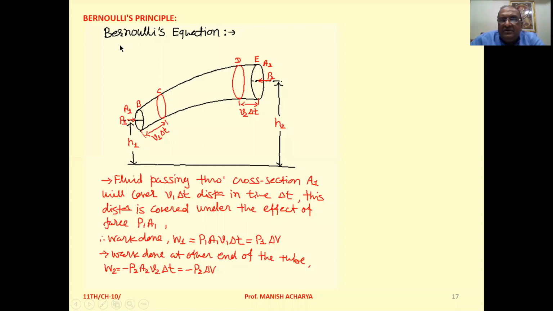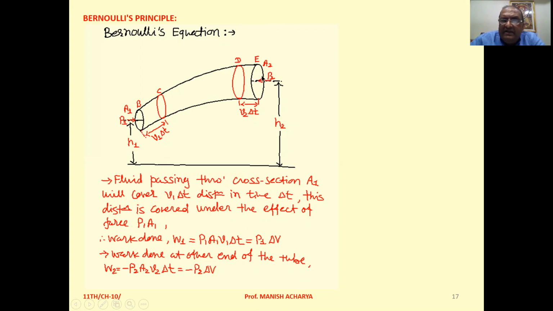Bernoulli's equation. Here, consider a steady flow of fluid through the tube as shown in the figure. The tube is with